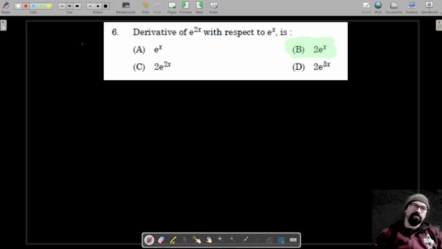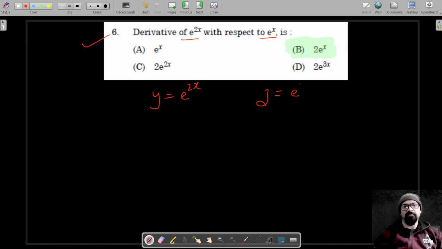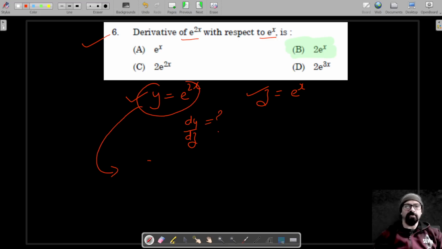Okay, for question number 6, we have to find the derivative of e raised to the power 2x with respect to e raised to the power x. For this, let's say our function e^(2x) is y, and e^x is z. To find the derivative of y with respect to z, we have to find dy by dz. To find dy by dz, let's first differentiate y with respect to x, which gives me dy by dx,